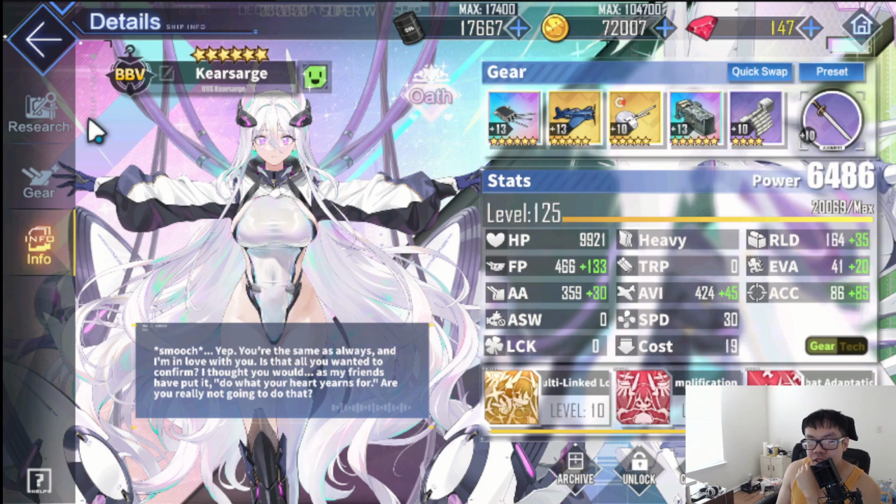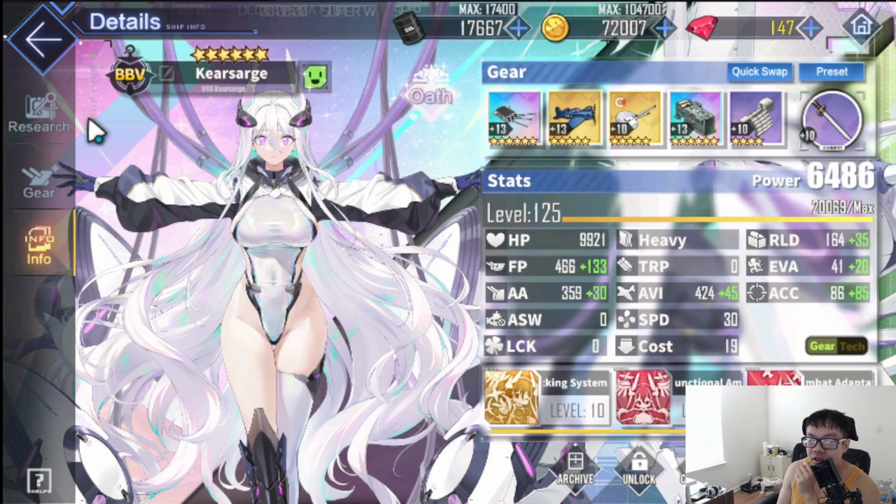Performance wise, boss damage again. I haven't seen any complaints about her. She does a lot of damage. But is she doing the most damage though? No. There are some other ships out there that are doing a lot of damage compared to her. But in terms of what she can bring and what she can do, it's actually very